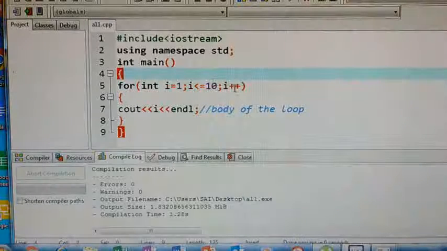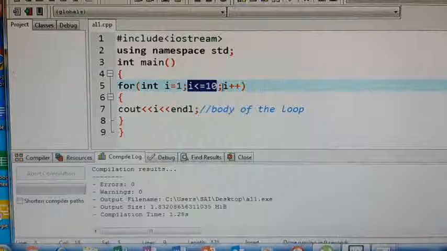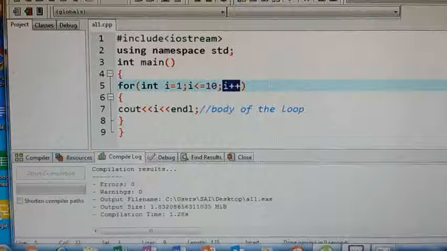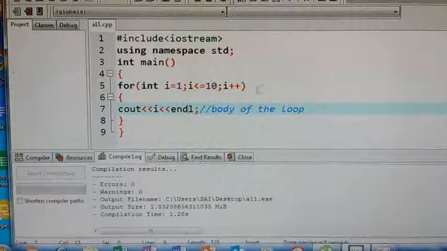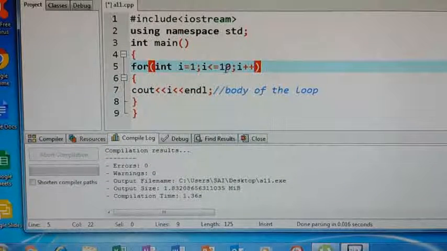Here, the same initialization I have given in a while loop, the same condition in the while loop, and the same updation in the while loop. Understood? Now, if you want to print alternative numbers, like you have written code in a while loop,